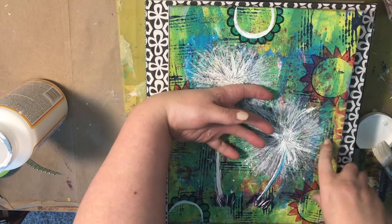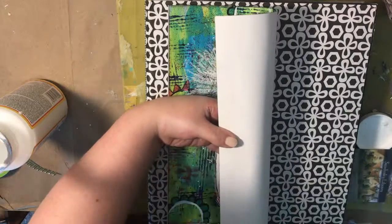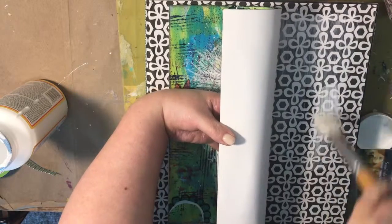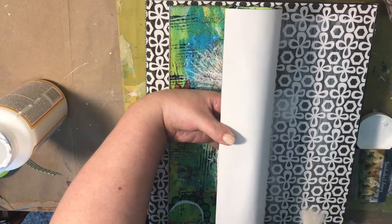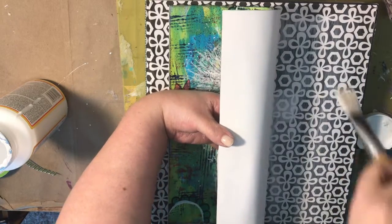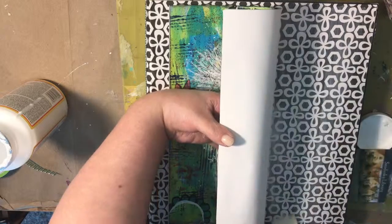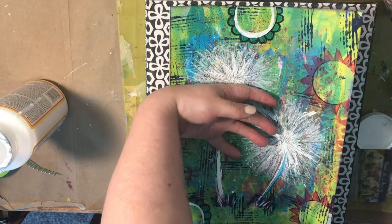Alright, and that looks pretty good, so let's use the Mod Podge again. I did double back this on a plain piece of cardstock. I just wanted to make sure that I had a stiff background. Alright, let's...